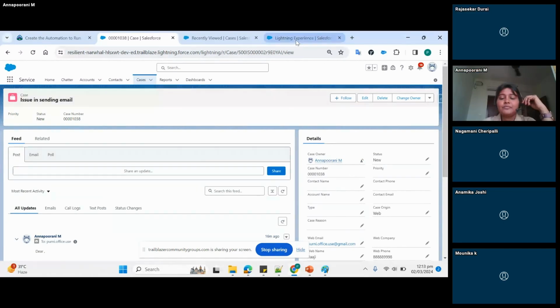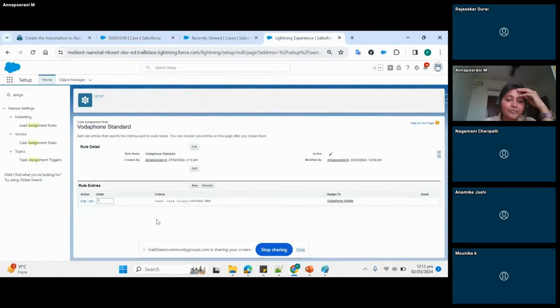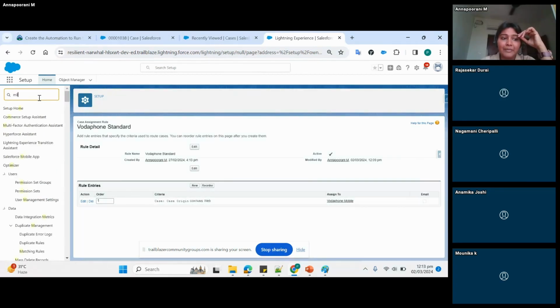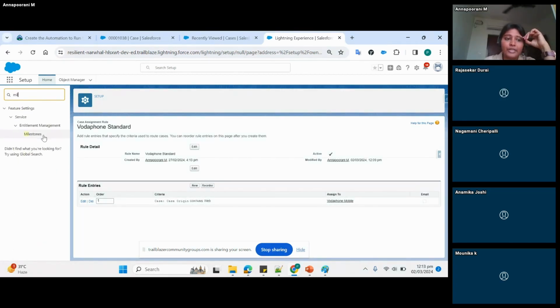Annapurna, within the members of the queue, can we prioritize saying that the mail should go to X first, and if there is no response within a certain date, then it goes to Y? Is it possible? Round robin is kind of a thing. Yes, we have something called milestone and entitlement. There is a separate topic on that. Whenever a case is created and assigned, we have something called milestone,